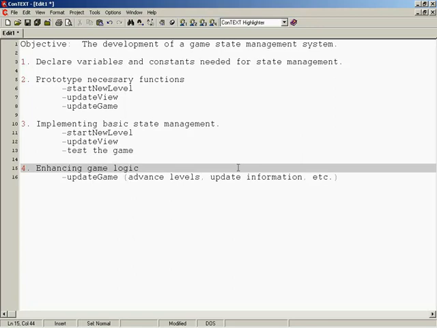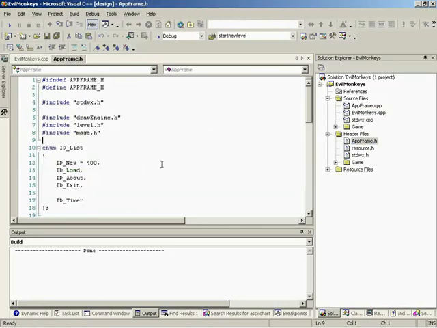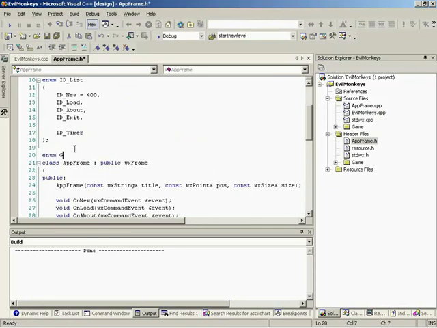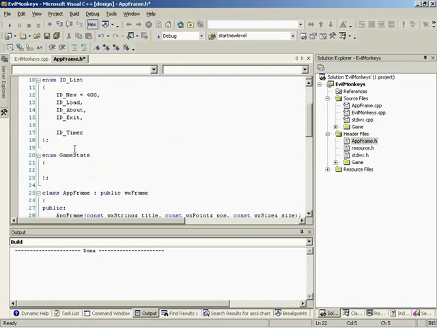Yep. So let's head over to the app frame header and do some typing. Over in here, we'll set up our enums first. The first thing we're going to do is come over to our enum game state. This is the very important one. As we said before, in later lessons we'll be adding different states to this. But to start out, we'll have a